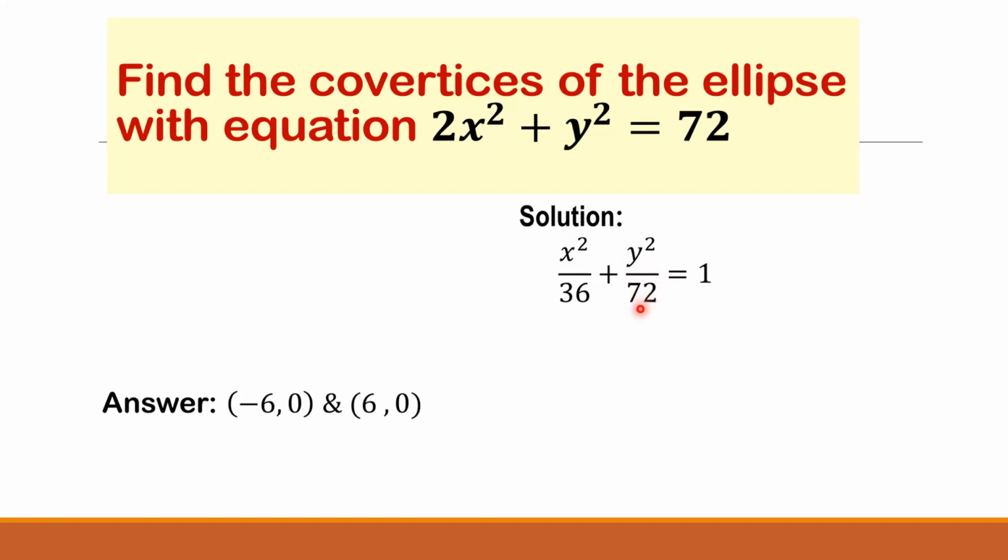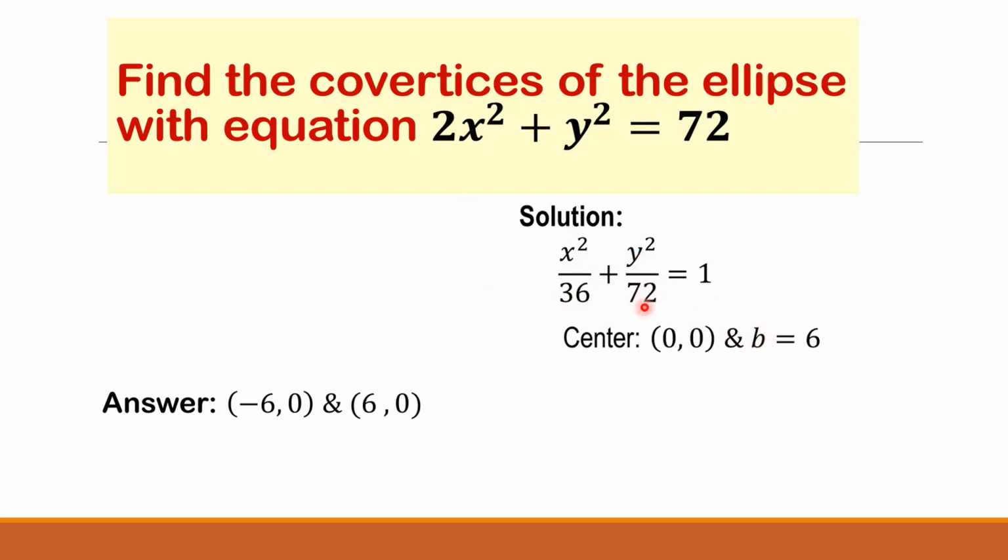Okay. Tapos, ito yung panggagalingan. We're interested with the covertices. So, ito yung panggagalingan ng covertex natin, covertices. So, pa-horizontal tayo. Okay. So, ang center natin ay 0, 0. Tapos, ang B natin is equal to 6. Okay. 0, 0, no? Tapos, B is equal to 6. Yun yung panggagalingan ng ating